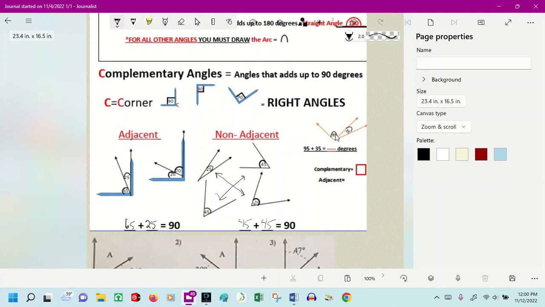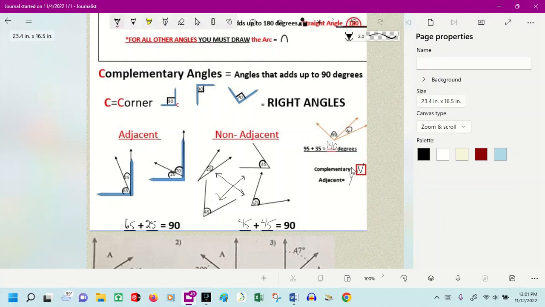Now, let's look at this one here. This one here is a 95-degree angle, and this here is a 35-degree angle. Do they add up to 90 degrees? 95 and 35 is 140. No, they do not add up to 90 degrees, so they are not complementary angles, no. Are they adjacent? Yes. They are both attached within the same area, so they are adjacent angles, but they are